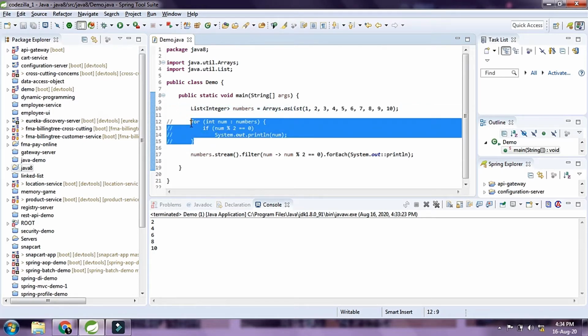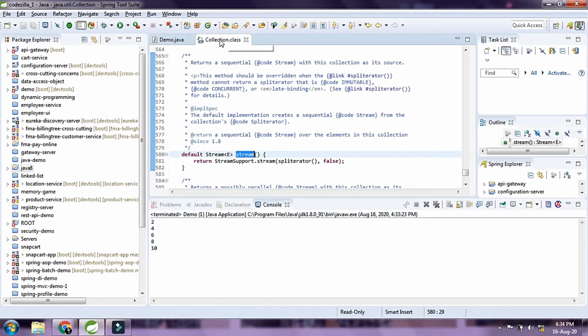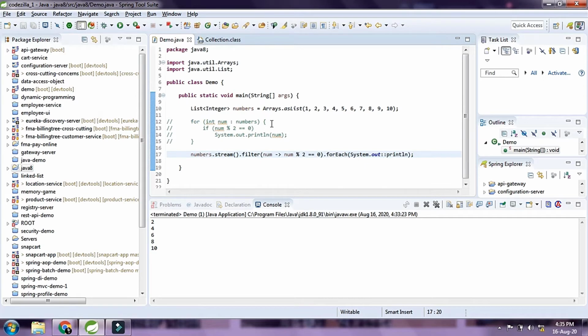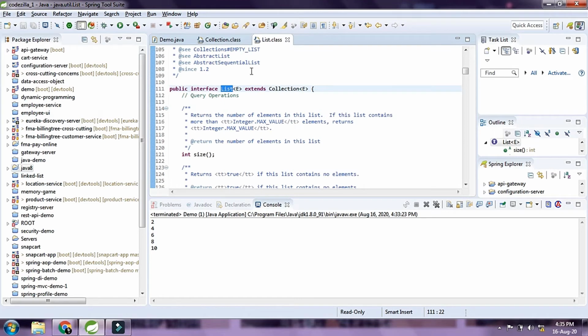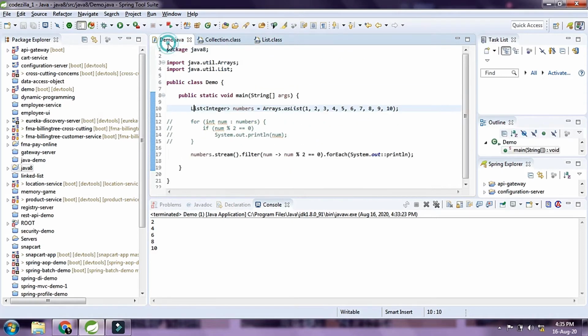And what Java 8 does is it gives us the stream method. So let's get into the stream method and see what is there inside it. This is inside the Collection interface, and List is a type of collection, right? The List interface extends the Collection interface. Inside the Collection interface we have this default method called stream. What it does is it takes the elements of the list and converts it into a stream,